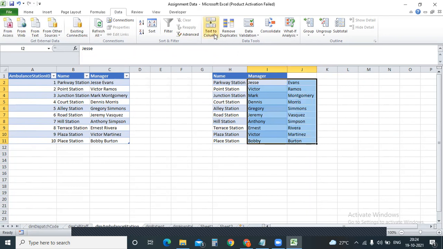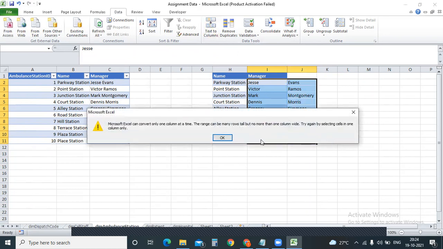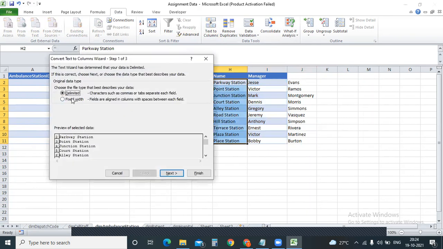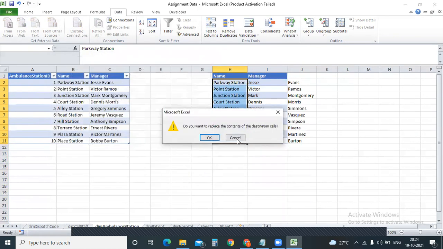So always try to go with some, sorry, for 2 columns we cannot go it, we cannot move forward. Select the data, always try to go with the fixed width, then delimiter. That will be very useful for you guys. Now I think you got the crux.